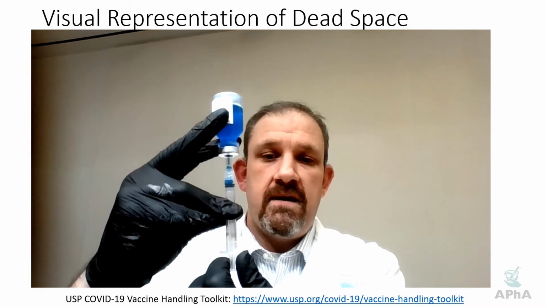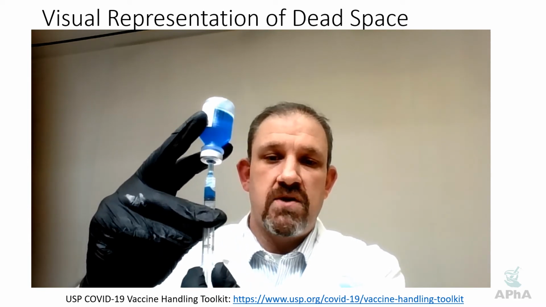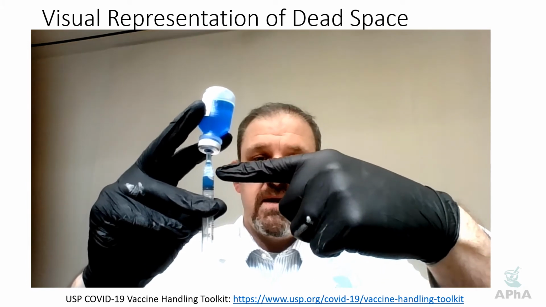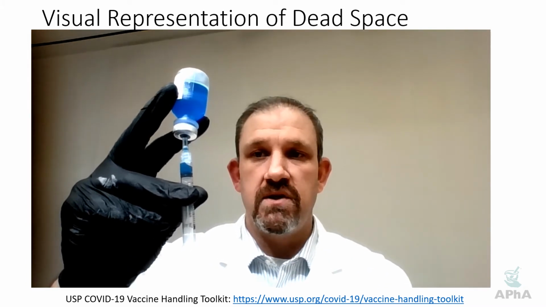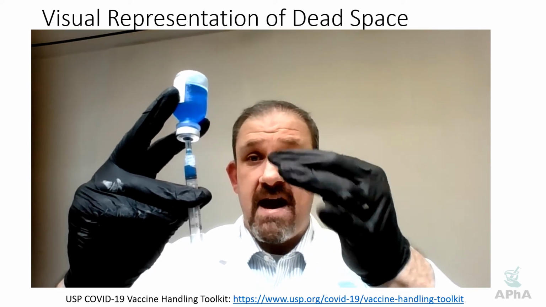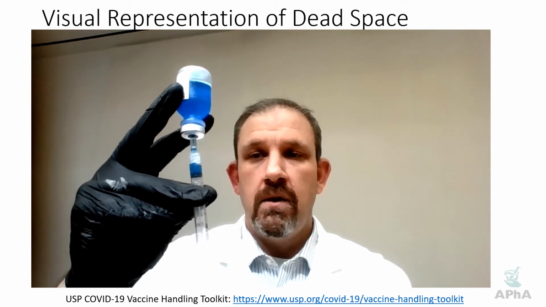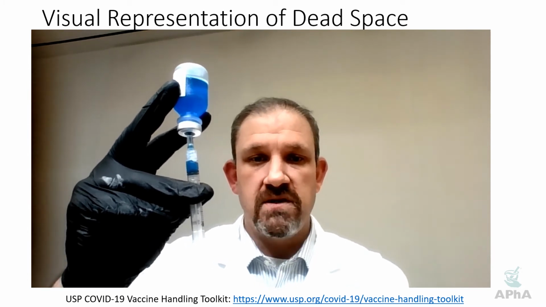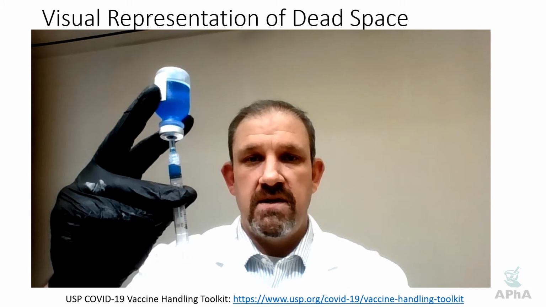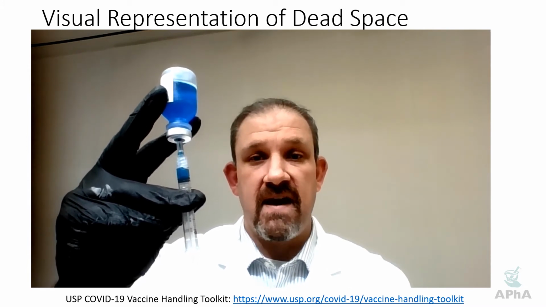As I draw this up, you may be able to see, let's see if I can turn around, right here, you can see I've got an air bubble right in the syringe. Now, typically what we would do is flick that, right, to get the air bubble to the top, and so we could push it back into the vial, redraw back down, and end up with a syringe full of fluid. Because of the concerns about disrupting the molecules within the COVID-19 vaccine, we're not supposed to